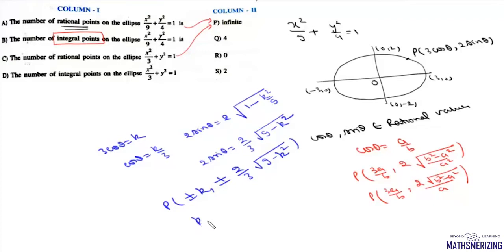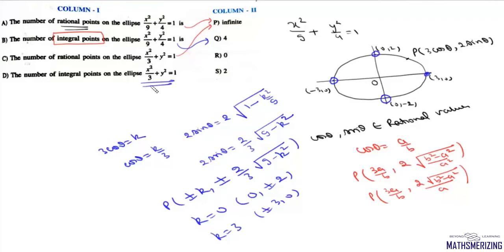Now one of the values is when the value of k is 0. So if the value of k is 0, then in that case here we will have plus or minus 2. The other one is when the value of k is 1, it is not a perfect square. For 2 also, again it's not a perfect square. For k equals to 3, it will again be a perfect square. So it will be plus minus 3, 0. So only these 4 points will be integral points on this ellipse. All other points will be either rational, which are not integer, or irrational points. So the number of integral points on this ellipse is 4.